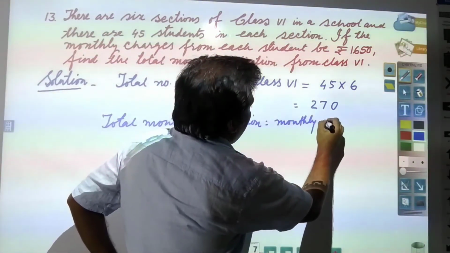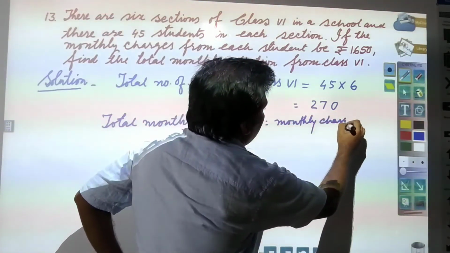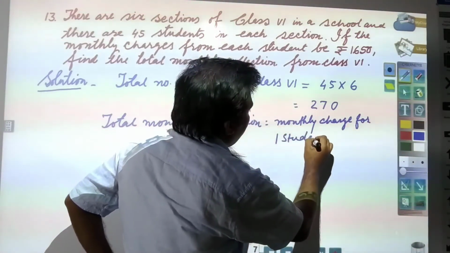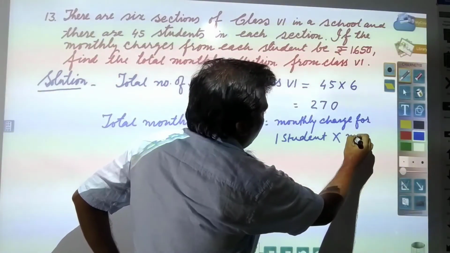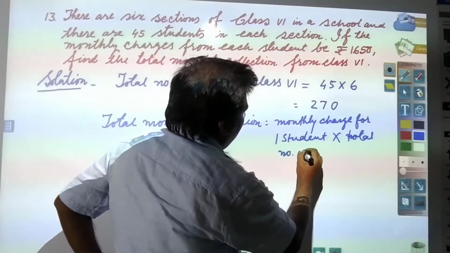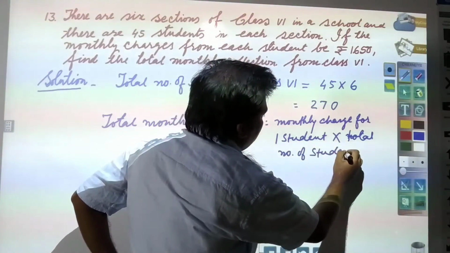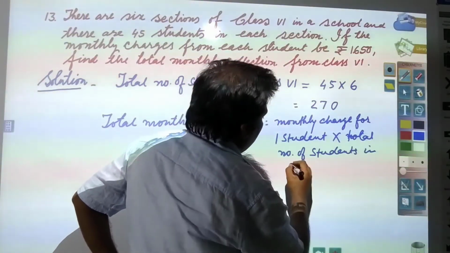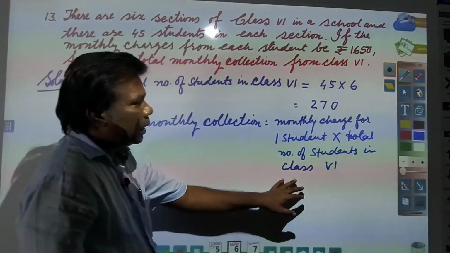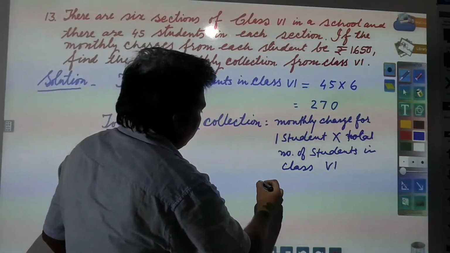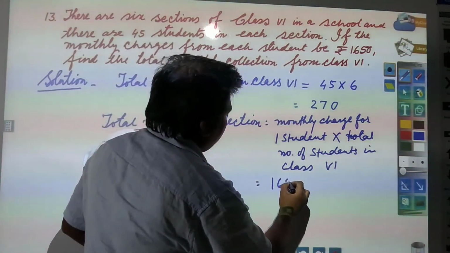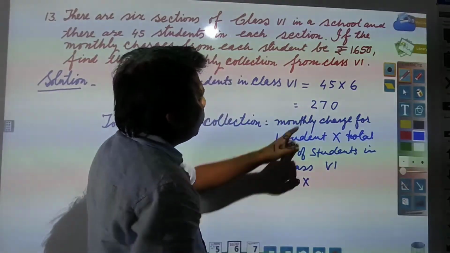monthly charge for one student into total number of students. Total number of students in class 6. Class 6. So that will be equal to how much? Monthly charge is 1650 rupees into